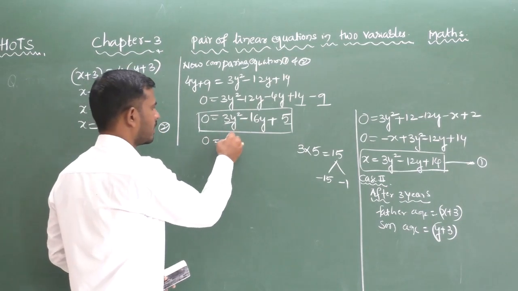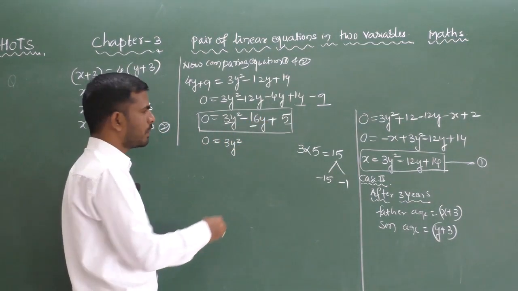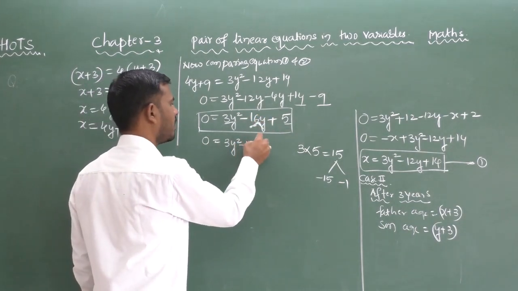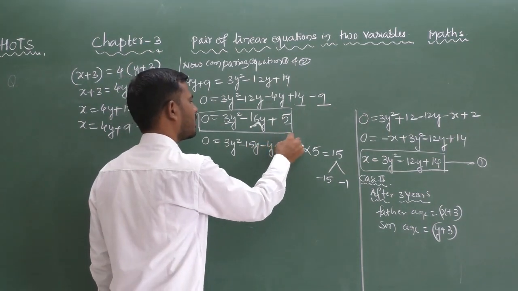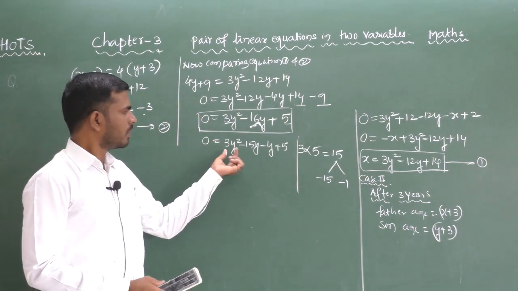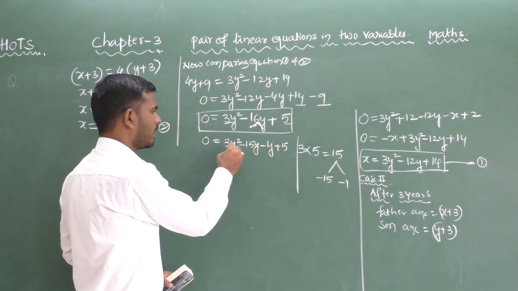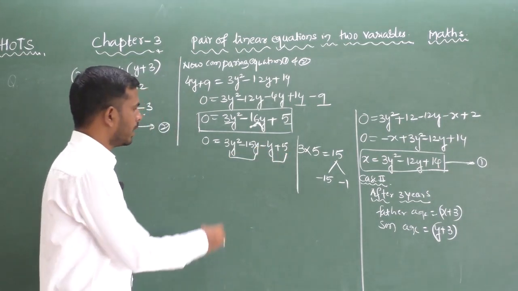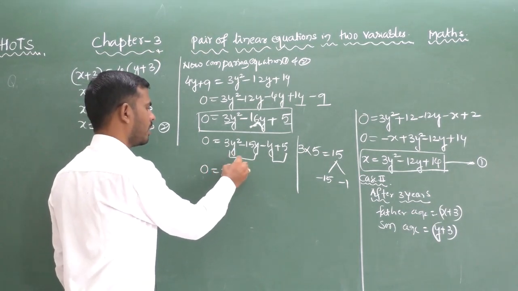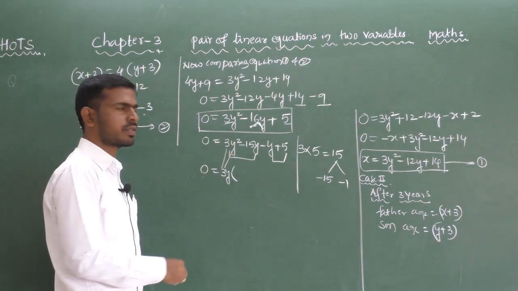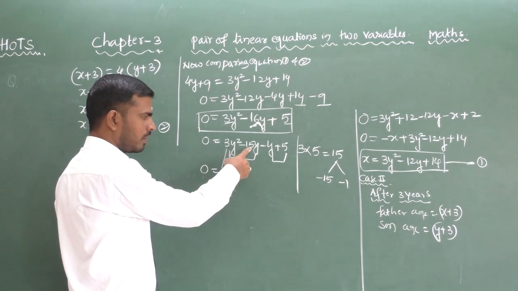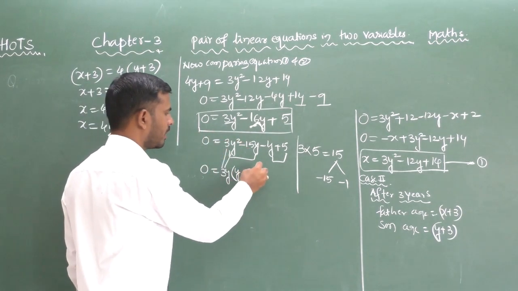See here, this is 3y square. The 16y you can write by splitting, or you can call it the splitting method: minus 15y minus y plus 5. Now look at the terms. These two terms and these two terms you have to make one group. Next, take the common factor of these two terms, which is 3y. 3 is taken outside and y is taken outside. Remaining is only 1y, keep as it is, with the minus symbol. 3 times 5 is 15, y is taken outside.